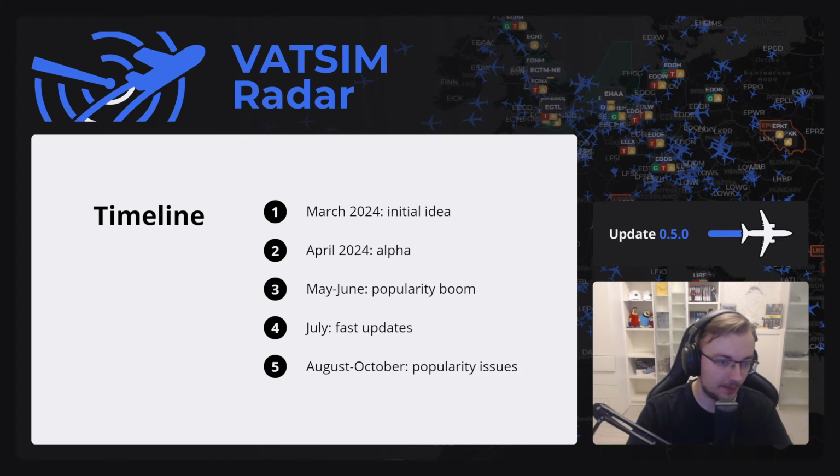Servers basically didn't have anything but just aircraft, some overlays, and nothing else. No dashboard, nothing. When we added dashboard, we added some other stuff. We started to become more feature rich. We were working also faster than any service, including SEMware and VATSpy. And we had our first popularity boom in May and June, when we had our first major update 0.40, which went very popular. And then in July, we received fast updates,